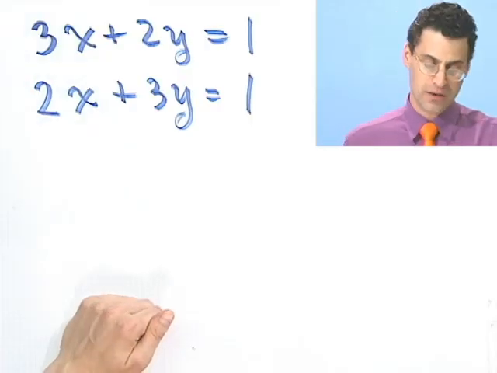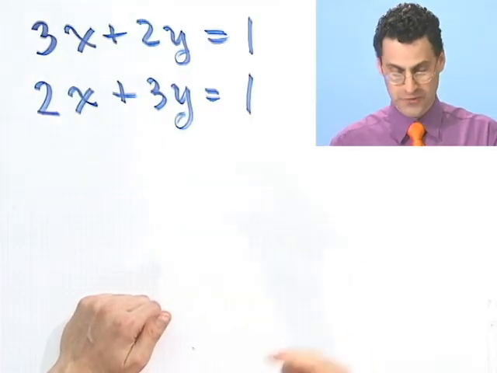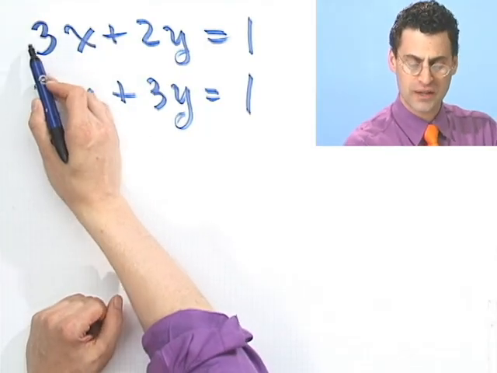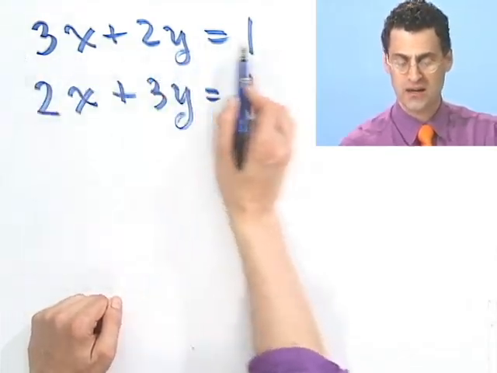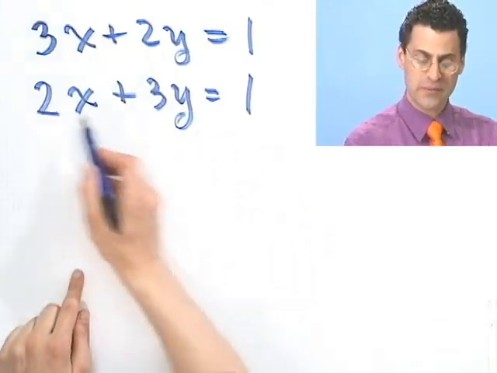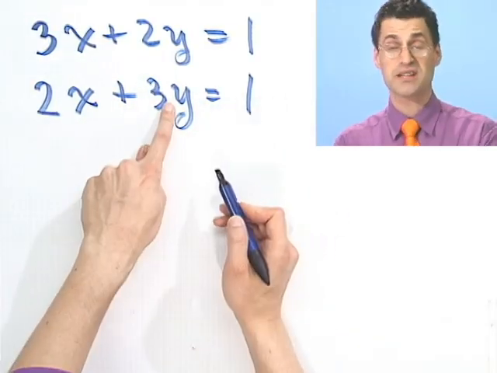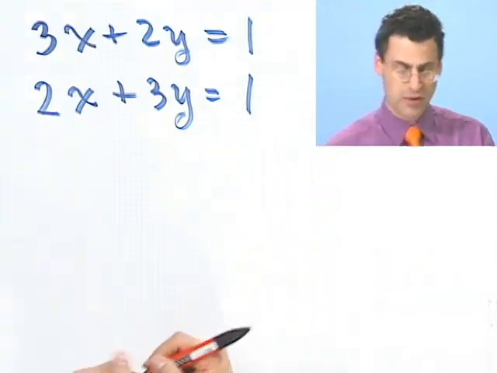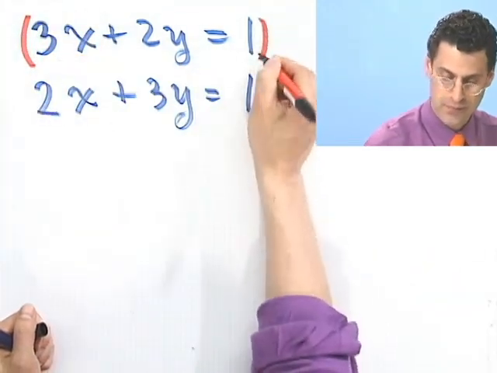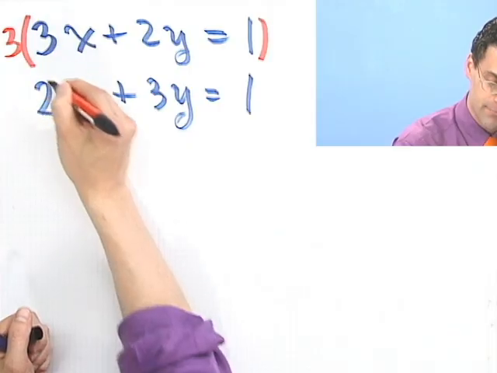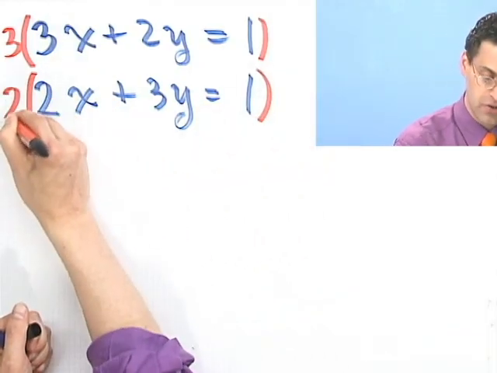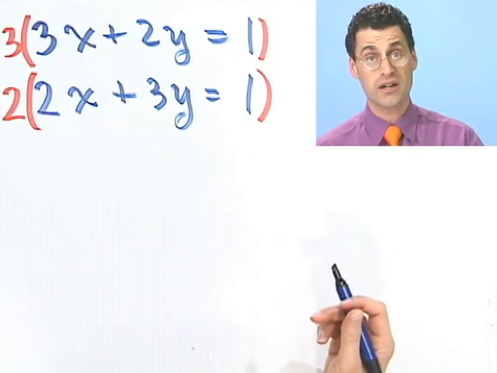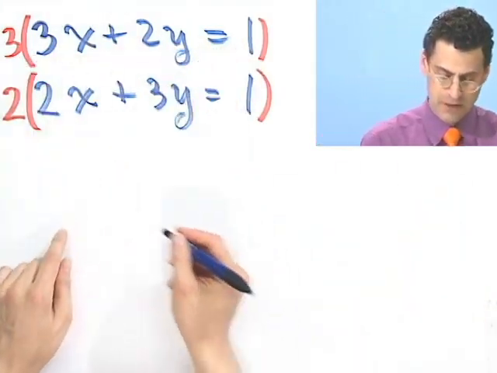So for example, just for fun, let's get rid of the y's. Notice what happens if I multiply this by 3, that would give me a 6y. But then if I multiply this by 2, then I have a 6y here. And if I subtracted, they would drop out. So I'm going to multiply the top equation by 3 and the whole bottom equation by 2. It's not going to change the value of the equations. It will change the look of the equation. But so what? Here on the top, I would see